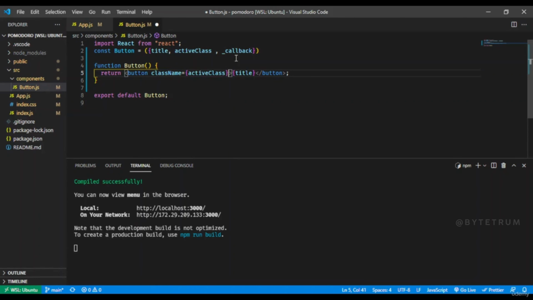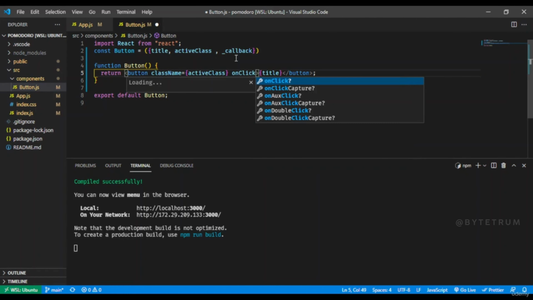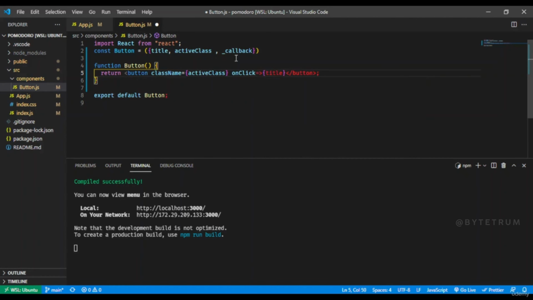So now let me add an on click, and inside of this we'll add the function which we just passed as a prop here, that is the callback function. So we'll add the callback, and now we save it,